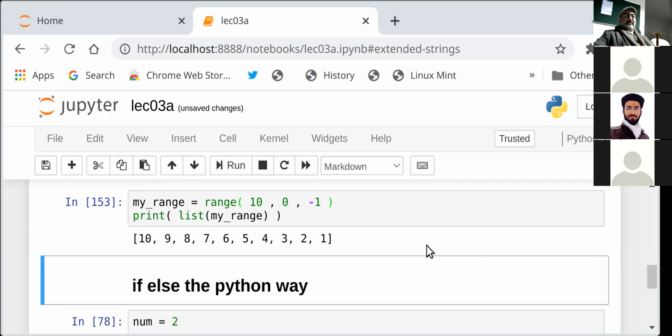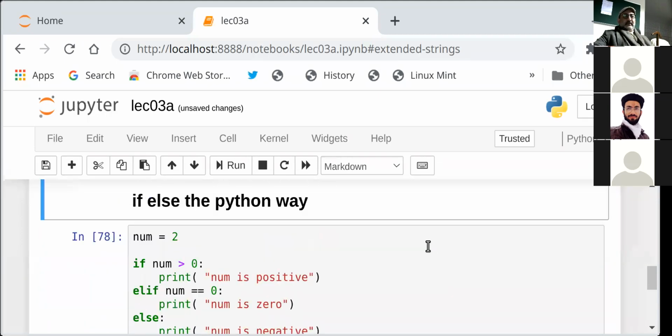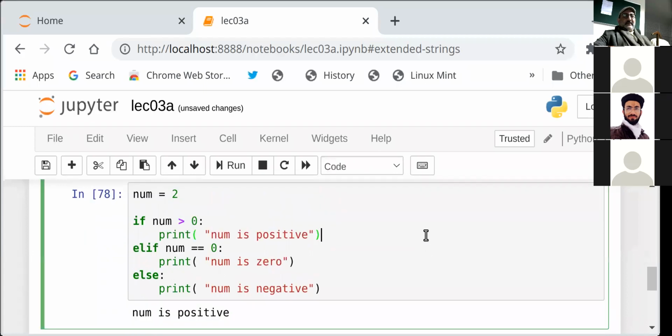Okay. So if else constructions. There's a few things to point out here. Let's try this one. I'm going to make num equal to 2. I'm going to do a test to see whether num is positive or negative. So if num is greater than 0,